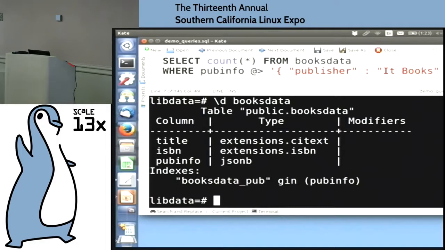They do not. Anybody who's worked in publishing or the library industry will know that they use something much more primitive. But we have these import records that we are mining for information about books, particularly because the different publishers don't necessarily provide the same information about each title. So we just have the title and the ISBN of the book, and then this blob of JSON information that's pub info.